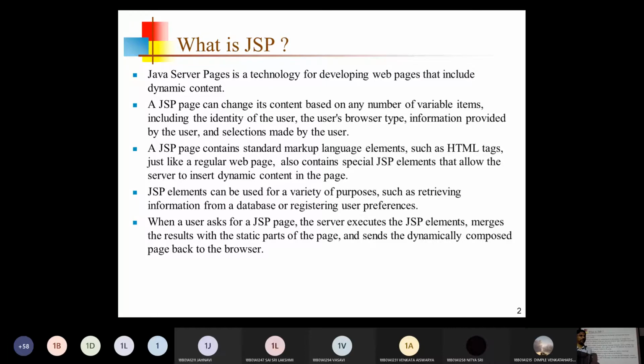That is a simple definition of JSPs. It is a server-side technology which generates dynamic content by implementing Java programs, and that kind of Java code we can embed into the HTML code itself. That is a simple definition of Java Server Pages.